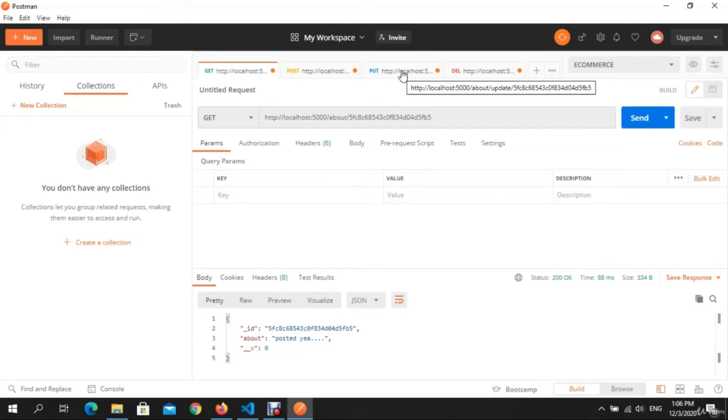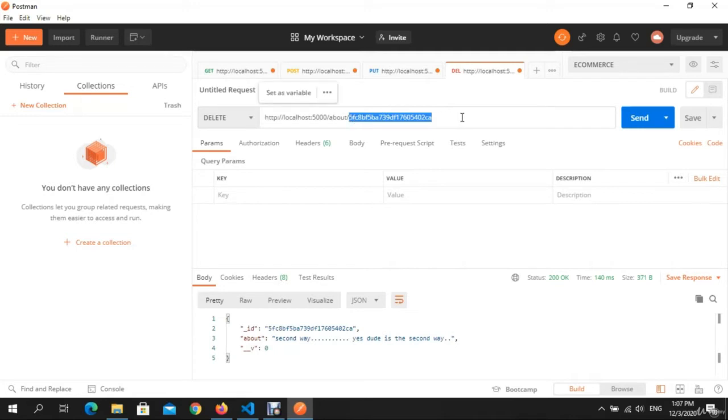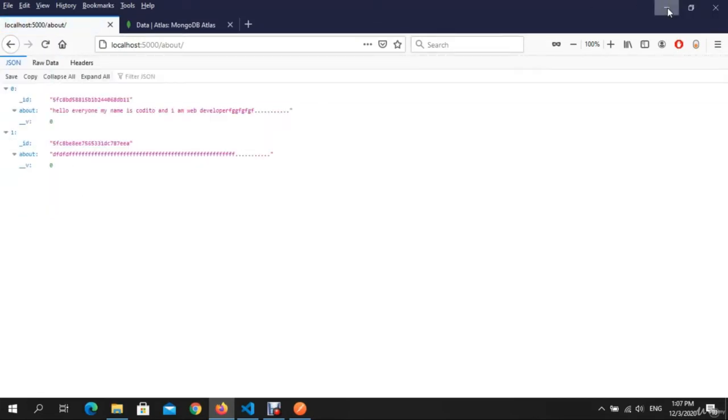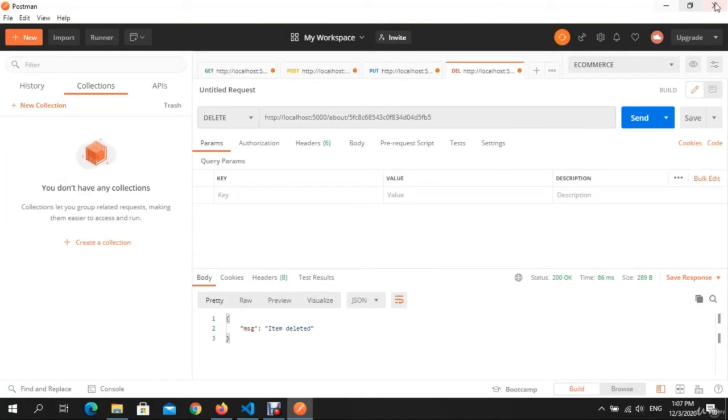Let's make a delete. We want to delete the posted that we created. Let's delete it. Item deleted. If I reload, it has been deleted. Okay, everything is okay. Let's now work